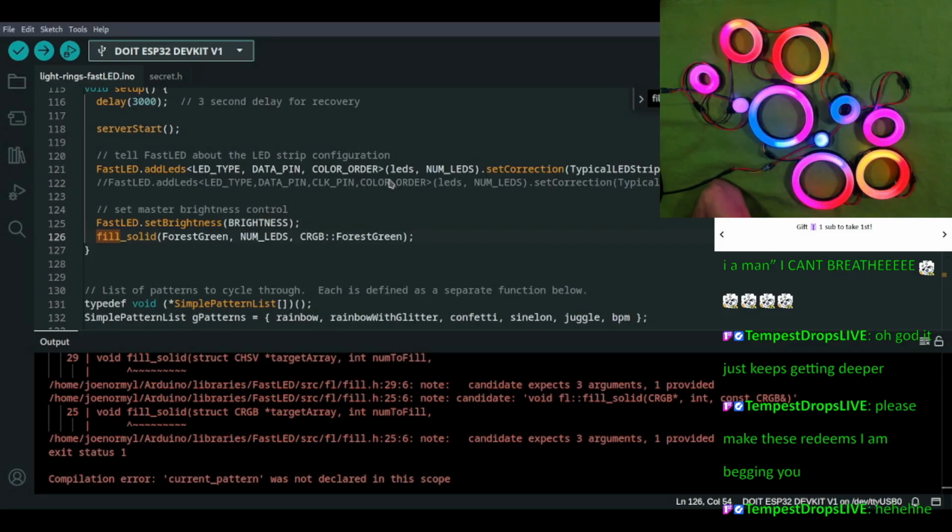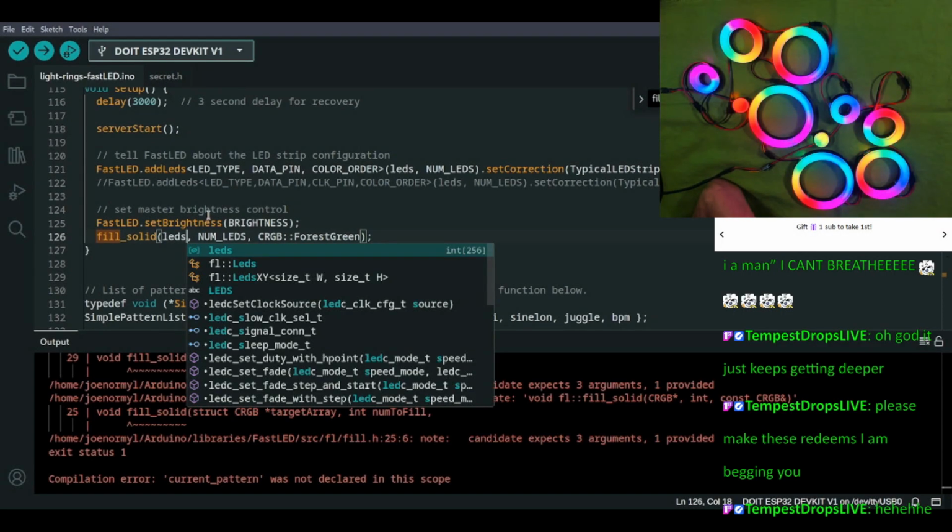Here's an example. Okay, this is what I wanted, an example. Okay, fill solid, LEDs. What is LEDs? All right, LEDs. Okay, so LEDs, I can make LEDs. Okay, this should work.